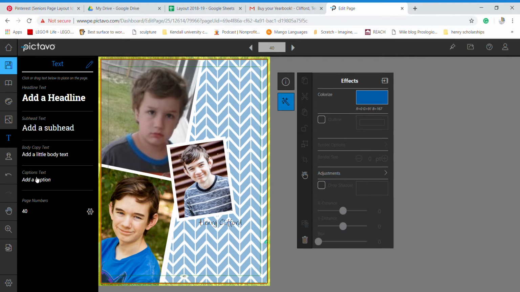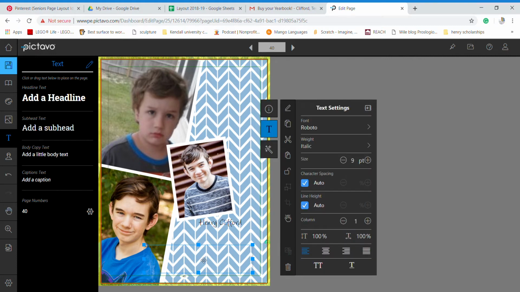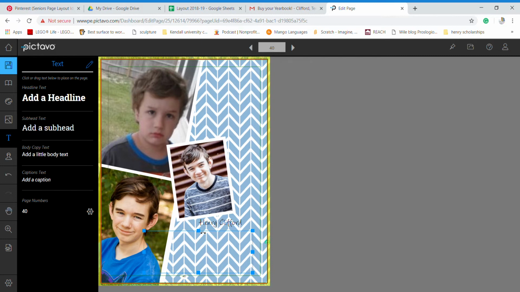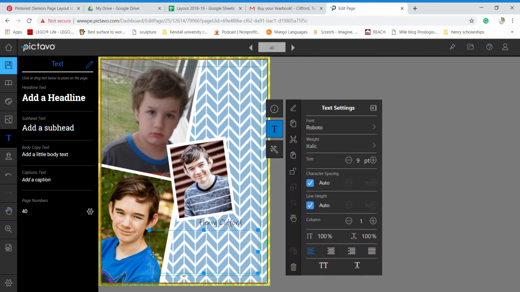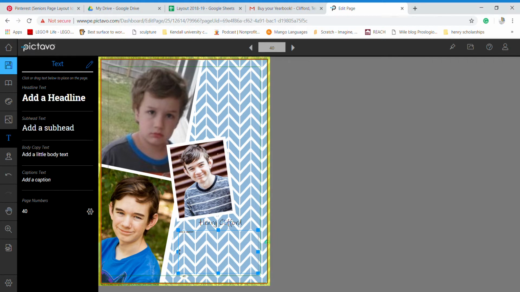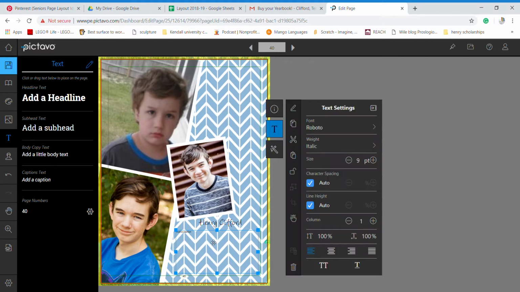Now I need a verse, so I'm just going to double click and pull it over and shape it the way I want it to be shaped. Don't want it to go into the picture, so there we go. That is a little bit too small. You want to stick with between 10 and 12 for your verse. And I'm just going to put